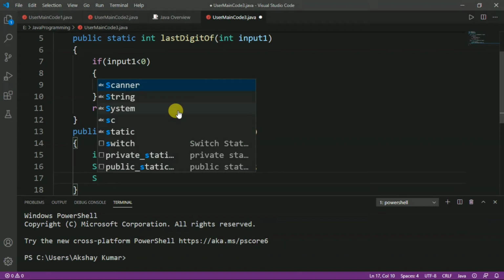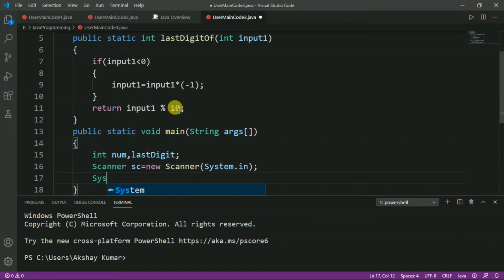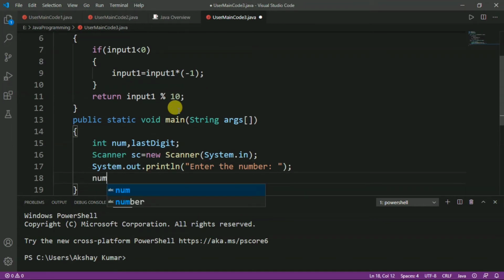After that, we will write a message to the user. So, here we have to write System.out.println, and the message is enter the number. After that, we will read it from the keyboard and store it in the num variable.